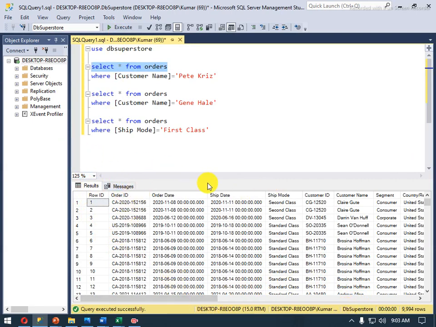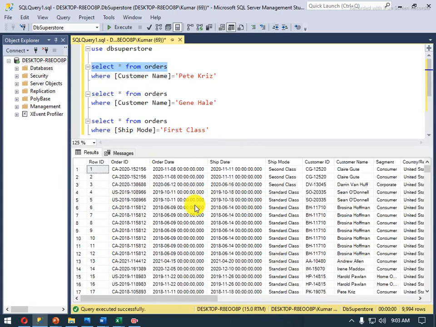So what happened? If you make any query, like if you want to see a particular customer name, customer ID, row number, order ID, ship date, row ID, any kind, we simply write a query like select star from orders where customer name equals pet crate. So it will give you the records where the customer name is pet crate.